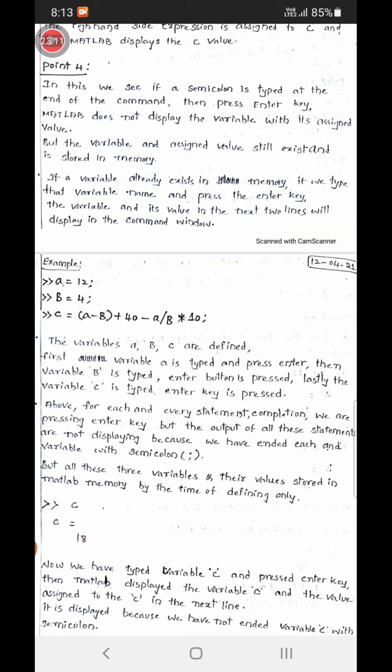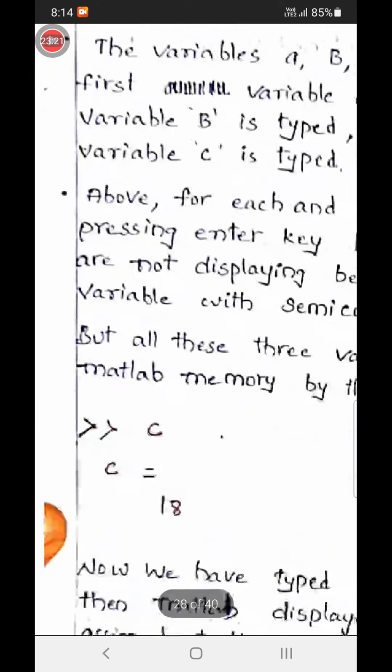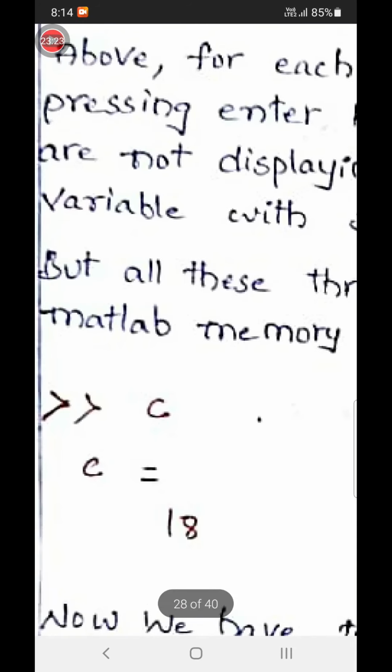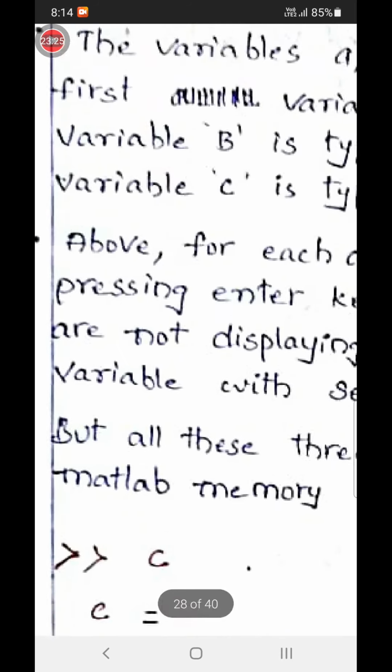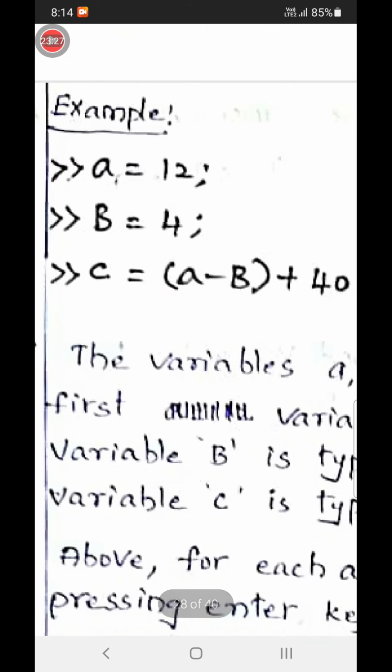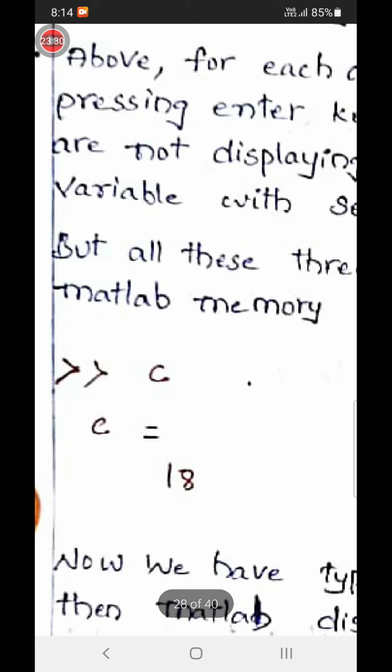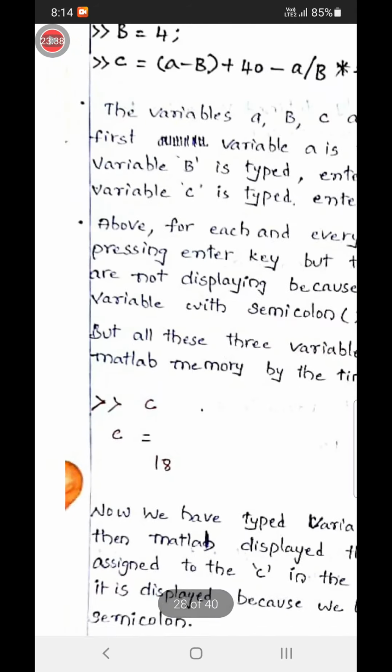If we want to see whether these values are stored in the variables, just type c, the variable c we have defined. It displays c = and in the next line the value 18.